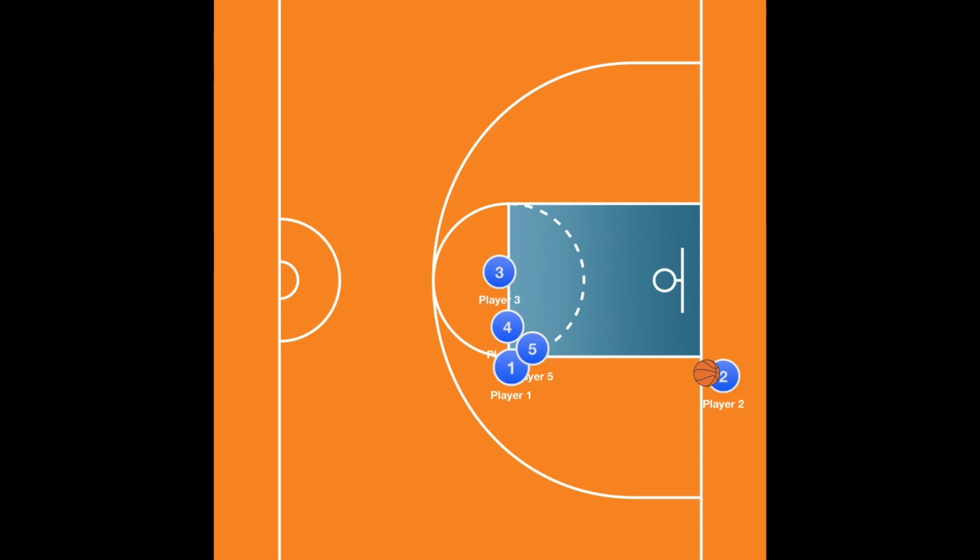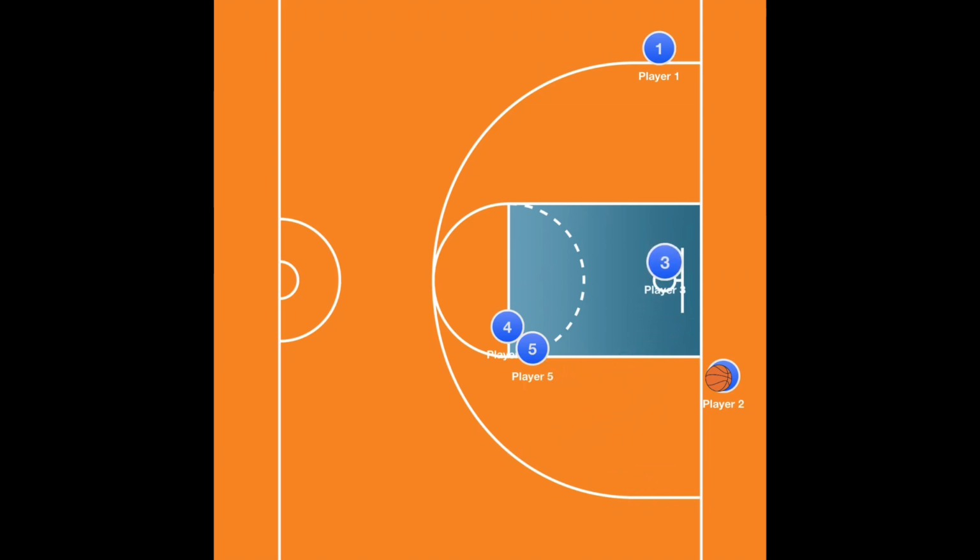As soon as this player has come off, the next perimeter player will start their cut as well, and they'll be running the same route. If the first player doesn't get it, they will keep continuing their cut through to the opposite corner. As the second cutter comes through, we're still looking for that same pass in. Now, if the defender goes underneath the screen, we may pop out to a shooting position here, but ideally we're going through,